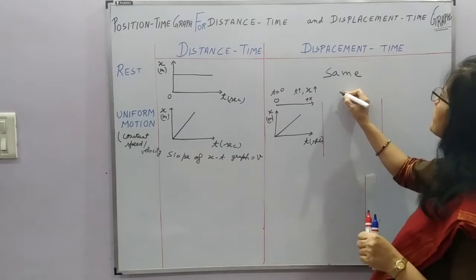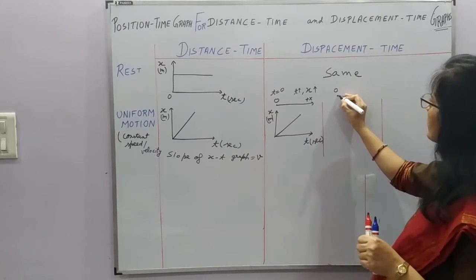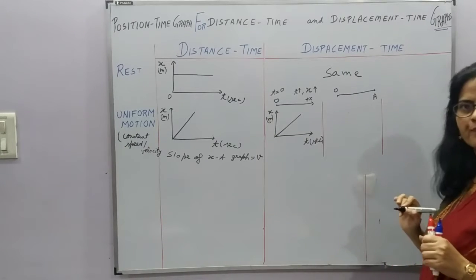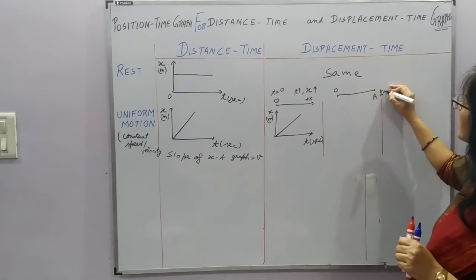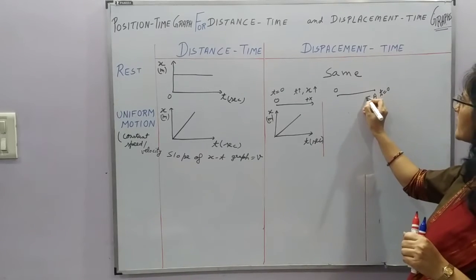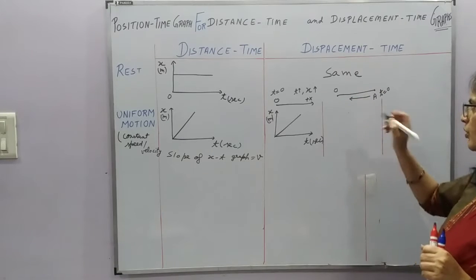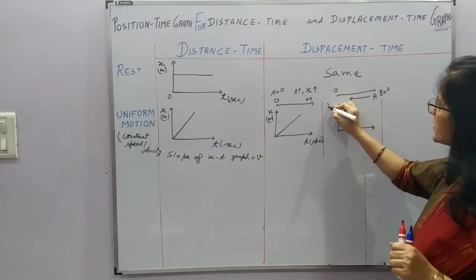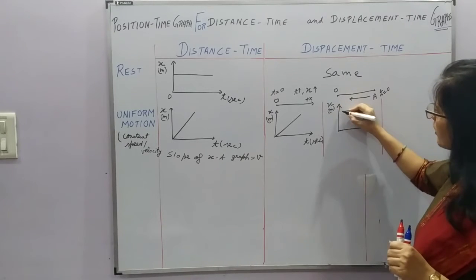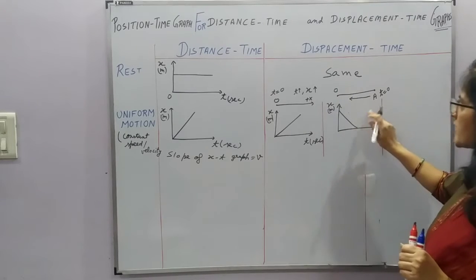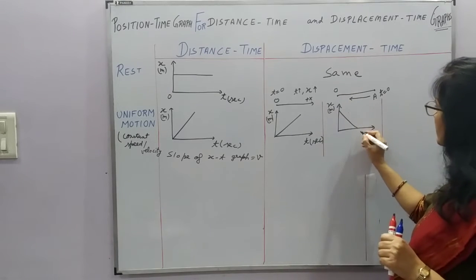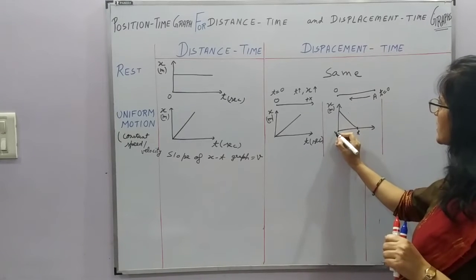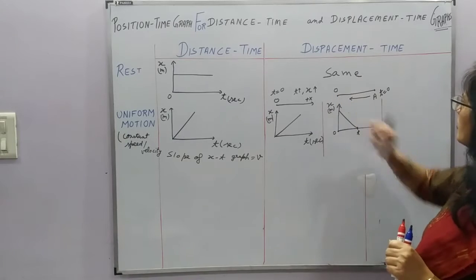Now what if we have origin here, right? And the object is at point A when time is 0, and then it starts moving towards origin. So what will be the case like? The case will be like this, x in meters. Now this is the case of uniform velocity. When it reaches some time t, right, the position is 0, that is origin.